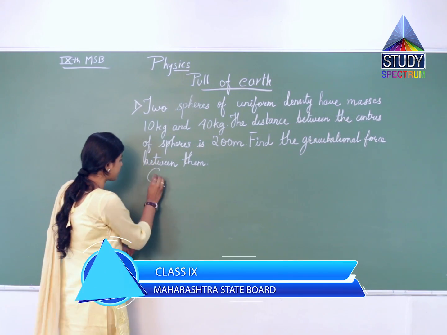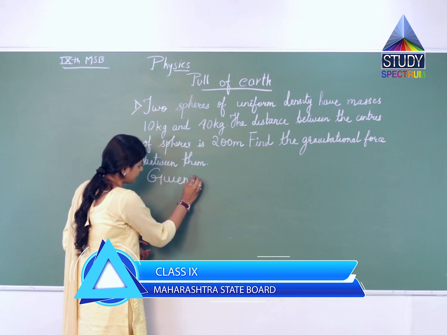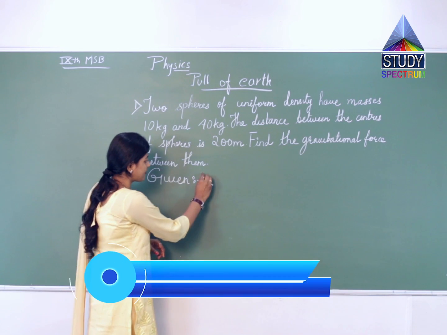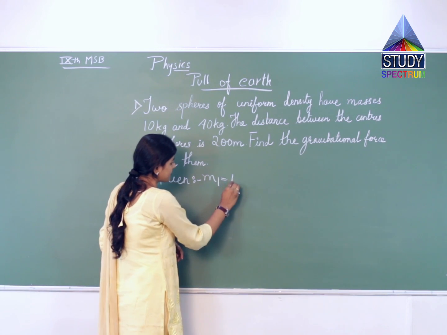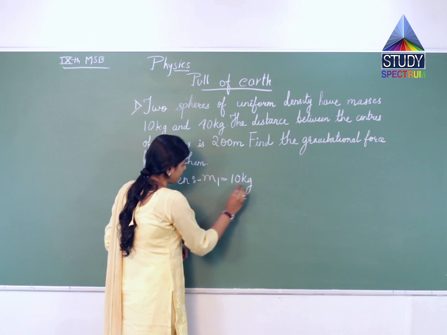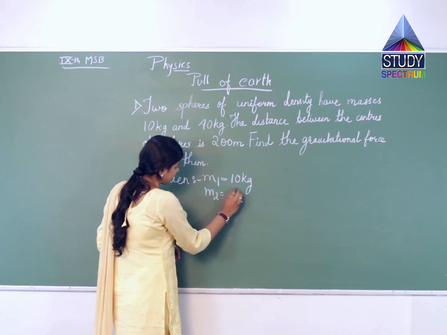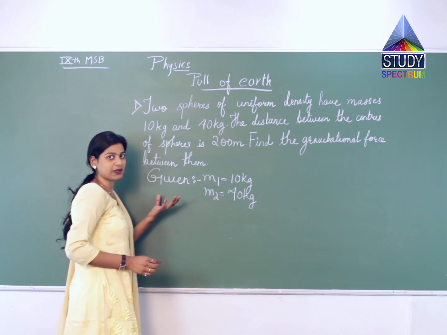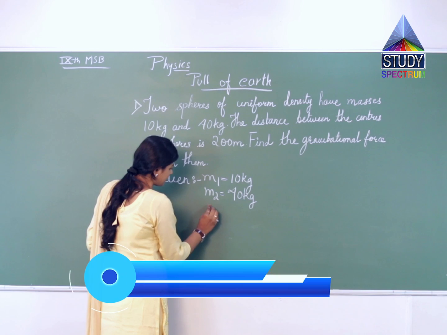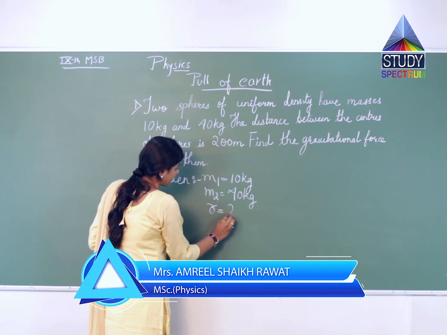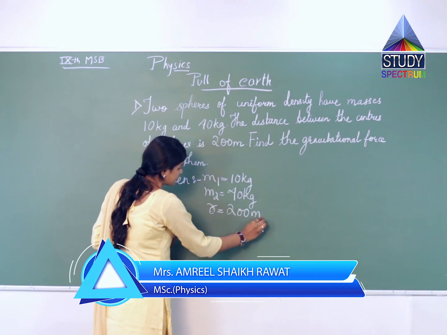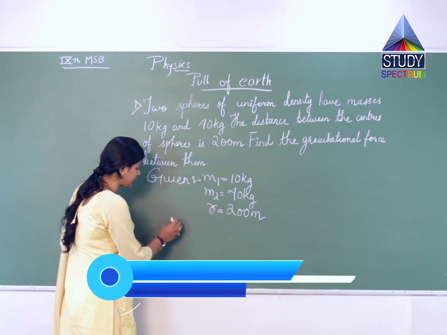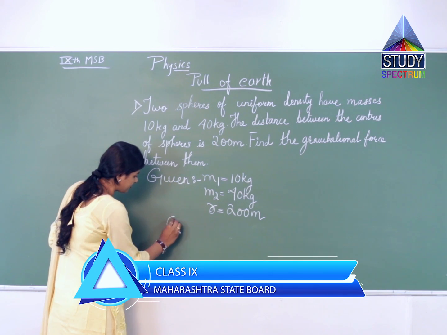So the first thing, we will write down the data. The given data: the two masses, m1 which is 10 kg and m2 which is 40 kg. The distance between the two masses is r equal to 200 meters. All the given data are in SI form, so there is no need of any conversion. We just put it in